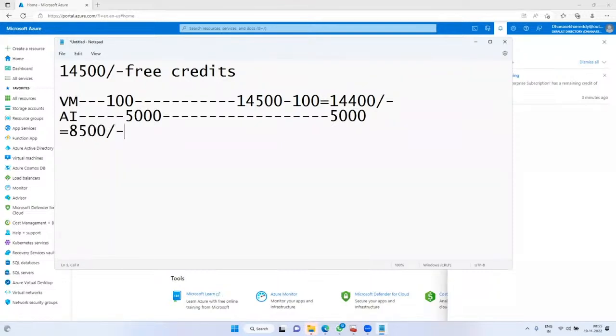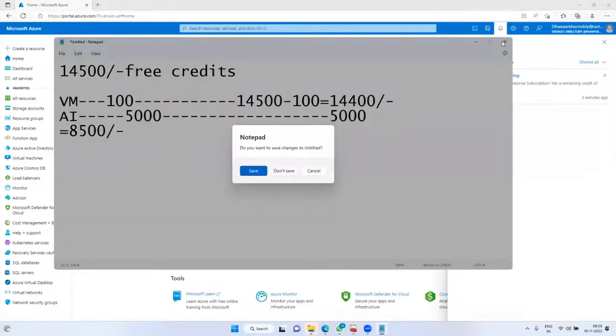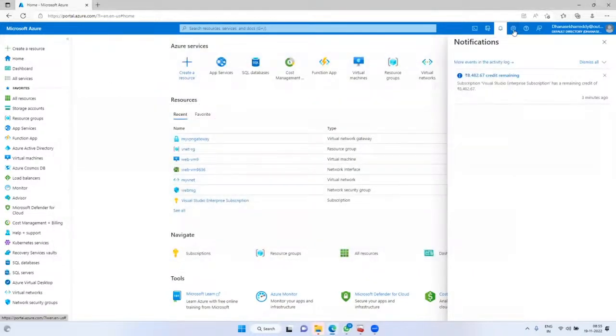Clear? This is how much amount is left in your free credits. That information is displayed every 1 hour, in notifications. See, for me it is showing around 8,500. These are the free credits appearing for me.